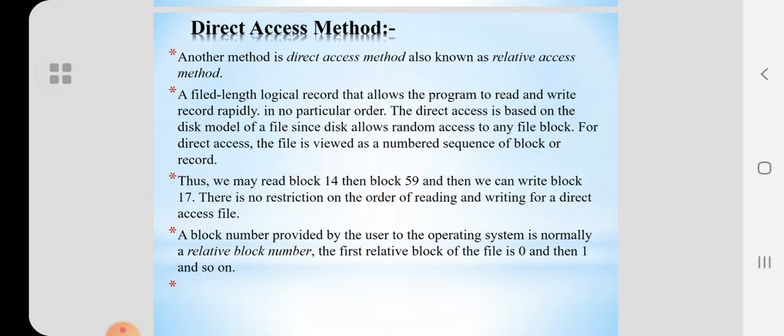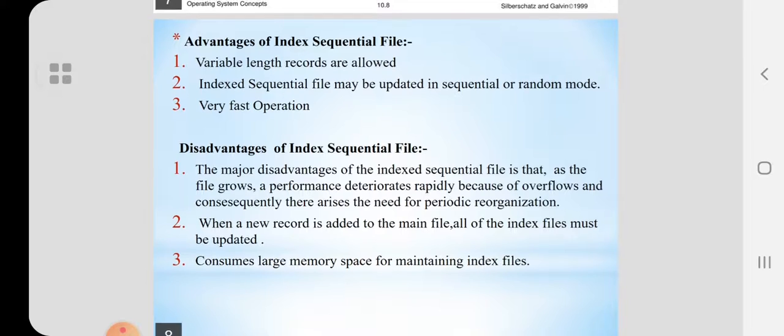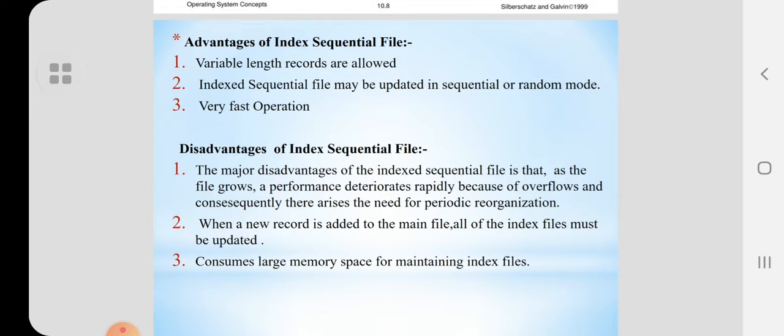Then next is the direct access method. I want to say something about the index file access. Both the sequential and the index sequential file search the records on the basis of a key field.